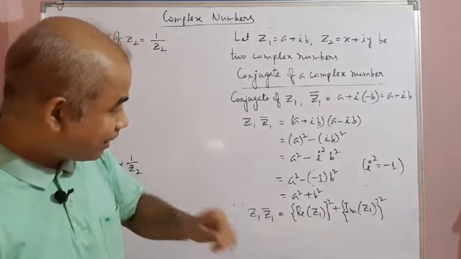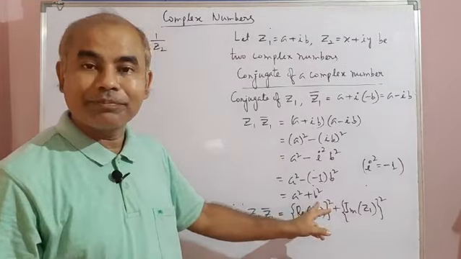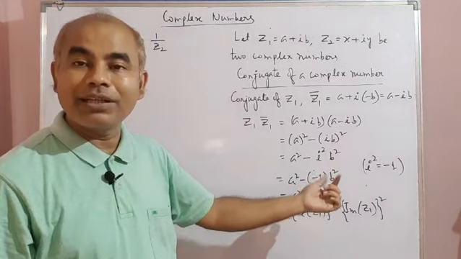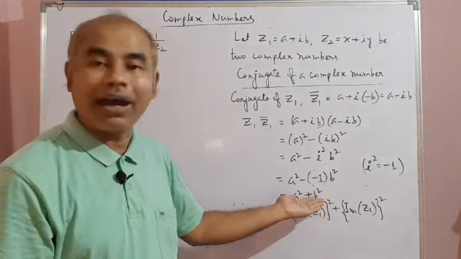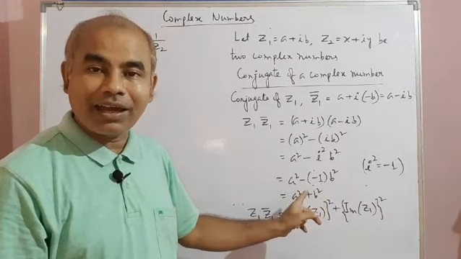Next thing is that here I cannot see i, because I got i square, and when it is an even power of i, it becomes either plus 1 or minus 1. So I have not seen i. So as I have not seen i, I have seen what?